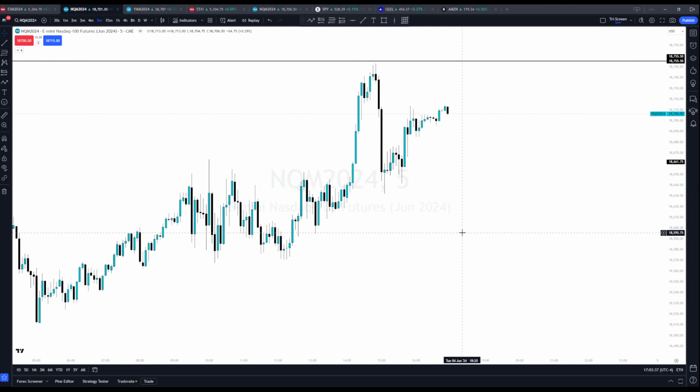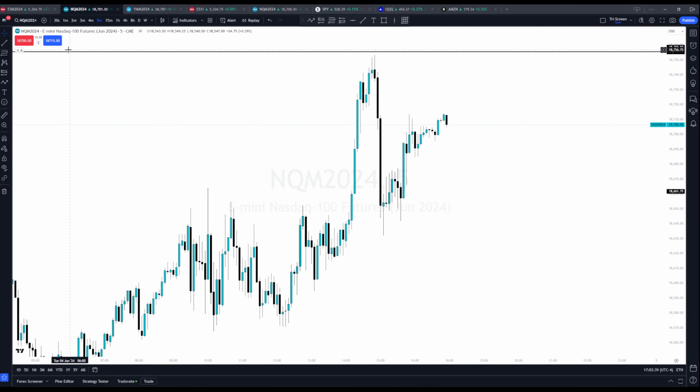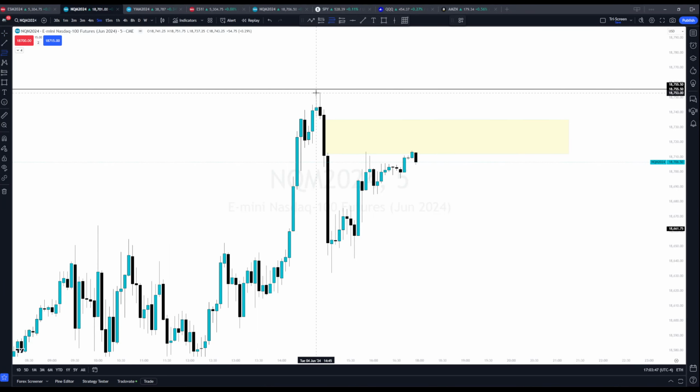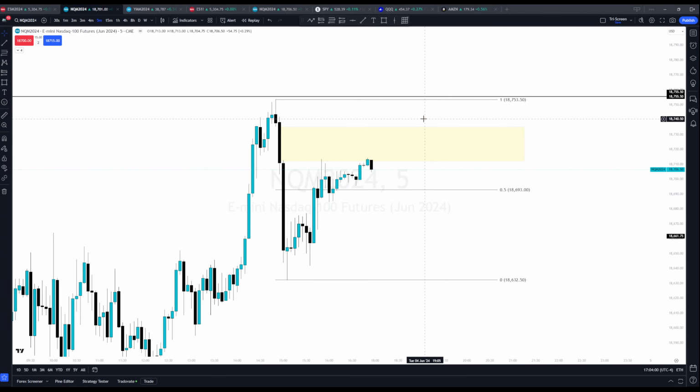But for now, I want to see overnight. I want to see this 5 minute inversed. If we inverse this five in Asia, because why? You see, this is 50% back up. So if we are bearish, this 5 minute is going to hold, send us back down either to 50% back down, or we're going to end up taking some lows down here. So this 5 minute is the one to watch going into Asia.